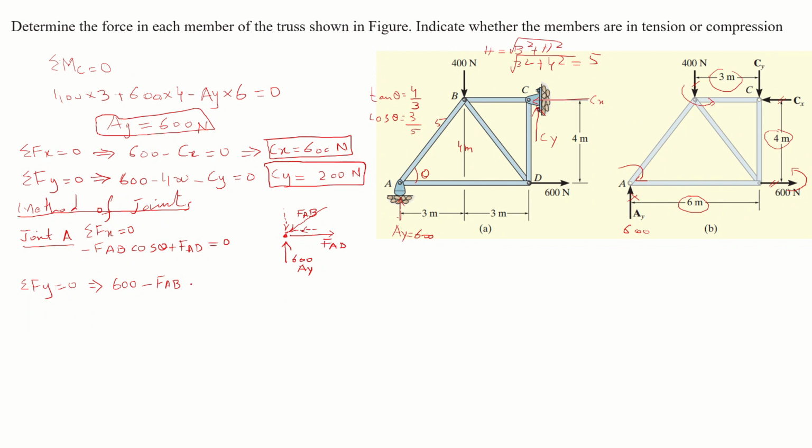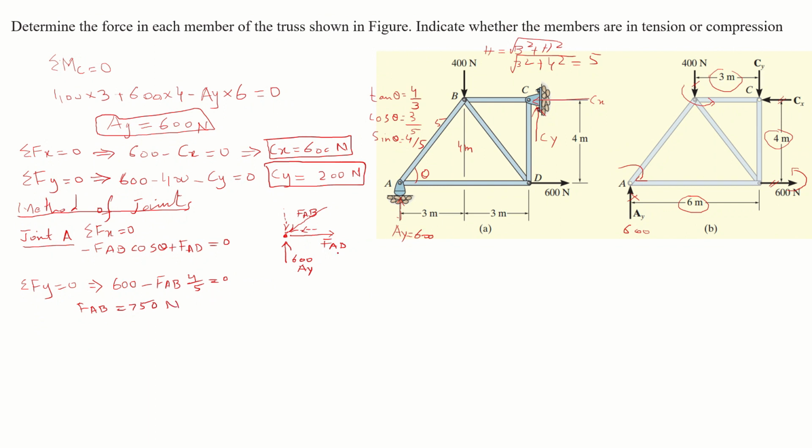The vertical component will be with sine theta, and sine theta is equal to 4 by 5, perpendicular over hypotenuse. So it will be multiplied by 4 by 5, equal to 0. From this we can find FAB is equal to 750 Newton,